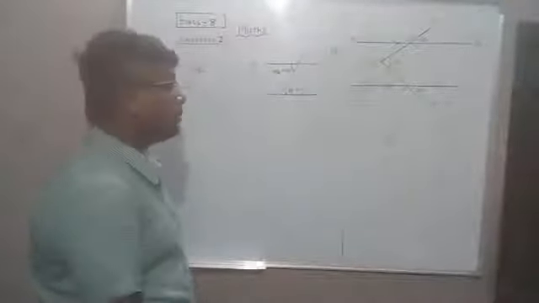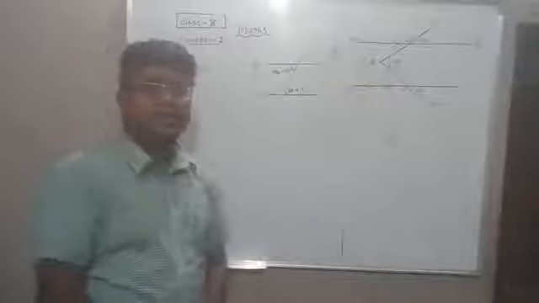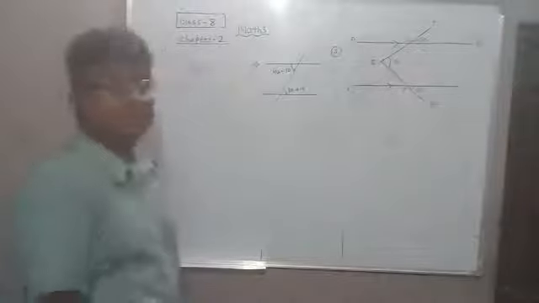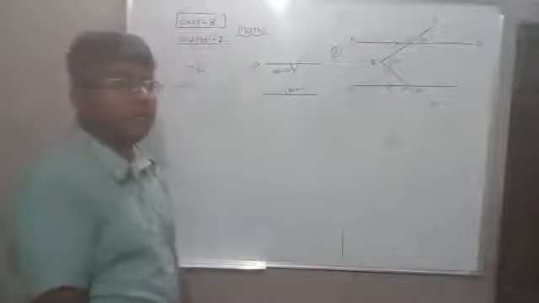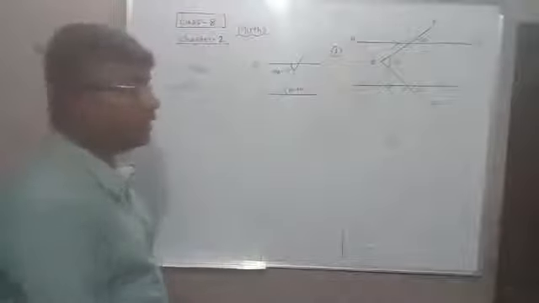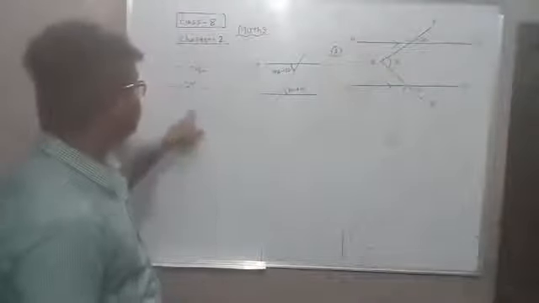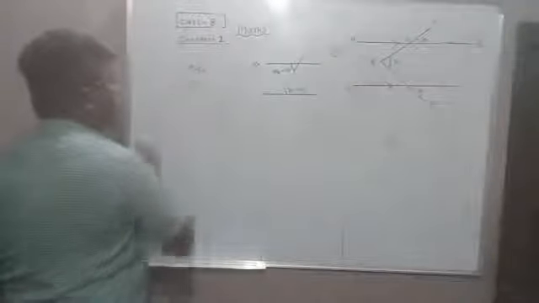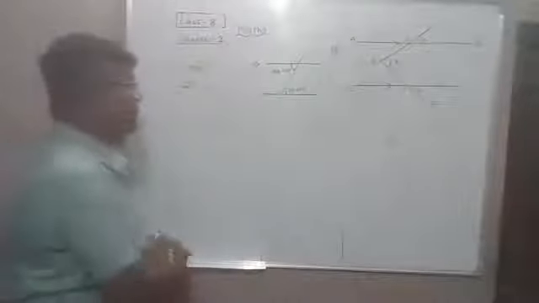Based on our previous videos in the same chapter, parallel lines, we are continuing here, and now we are going to do some of the questions, based on the explanation that we have done in our previous video. Our first question is: this symbol shown here means these two lines are parallel lines. We need to find the value of x here.